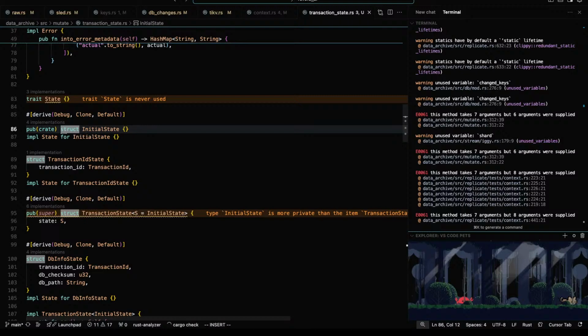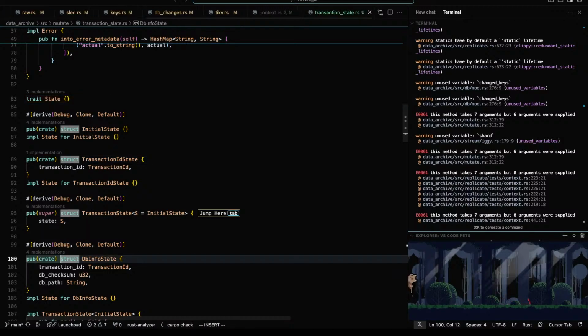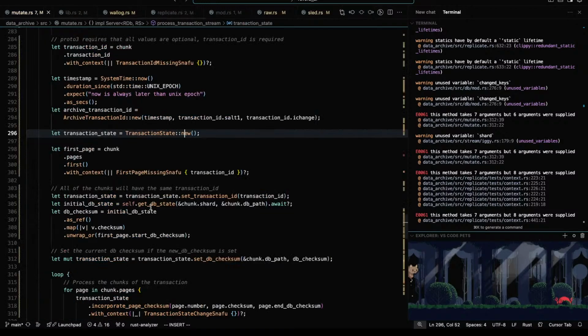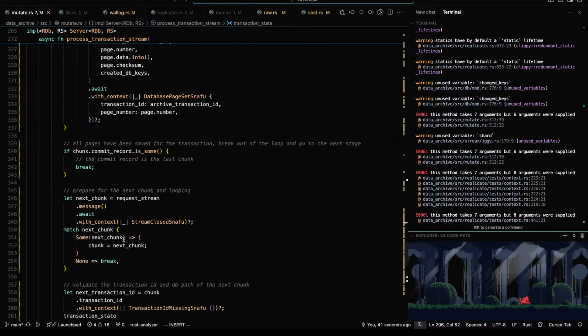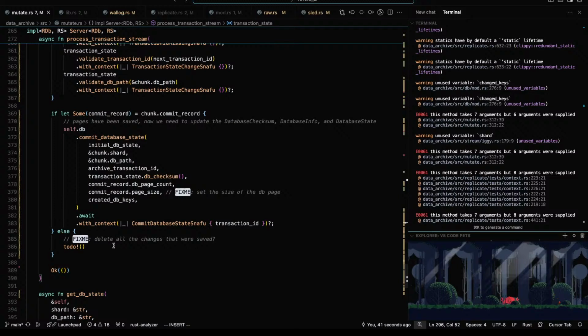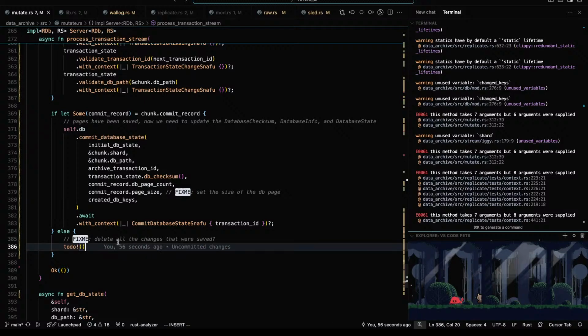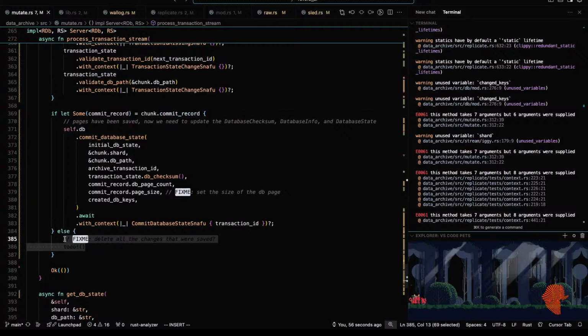Right. Okay. Yes. And what do we do here? If we end it without having a commit record, there is an error.